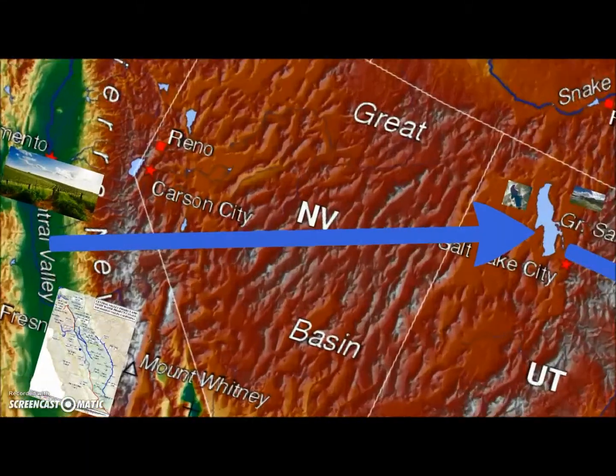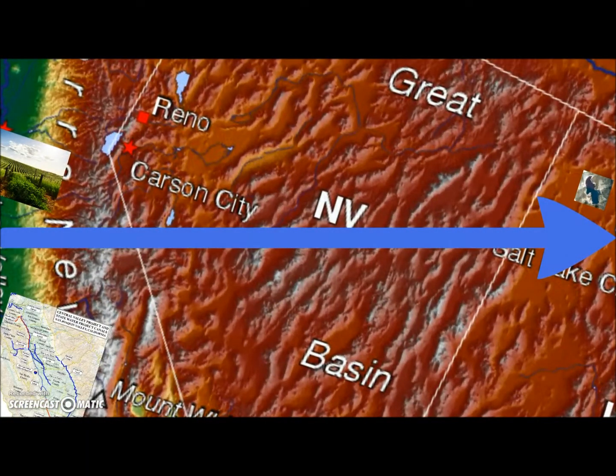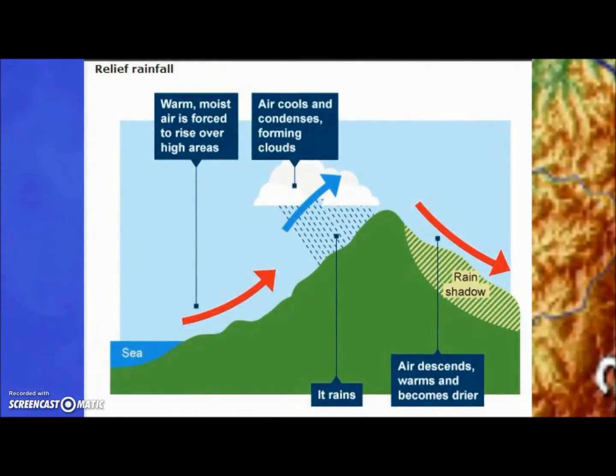So where does our journey start? Our journey starts in the west, near the coastal range. Between the coastal range and the Sierra Nevada, you will find the Central Valley, which is a very important agricultural area in the west. The defining weather condition is the relief rainfall, which is basically the hot, humid weather coming from